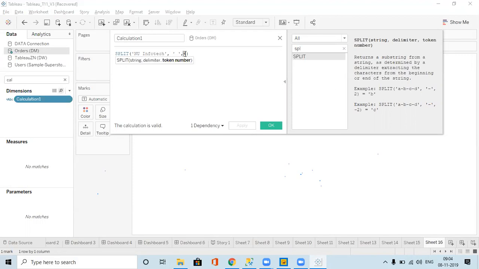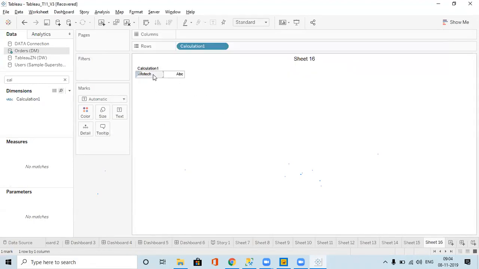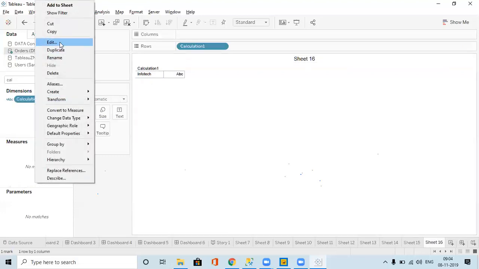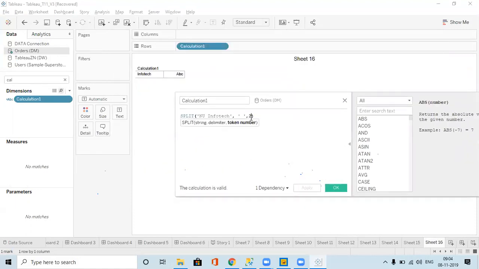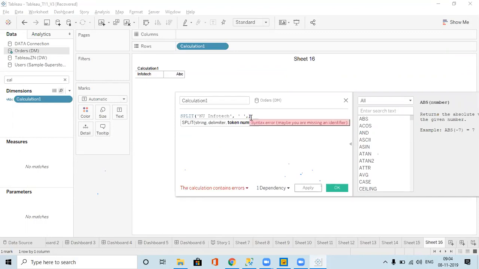Give 2. The number represents the first space, second space, third space.